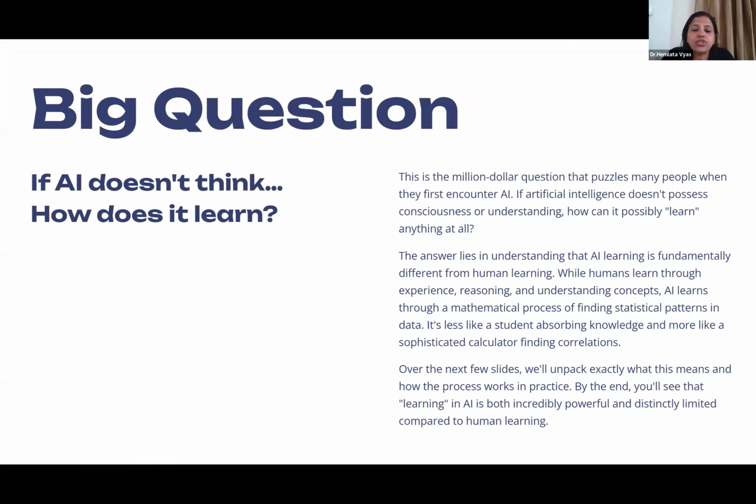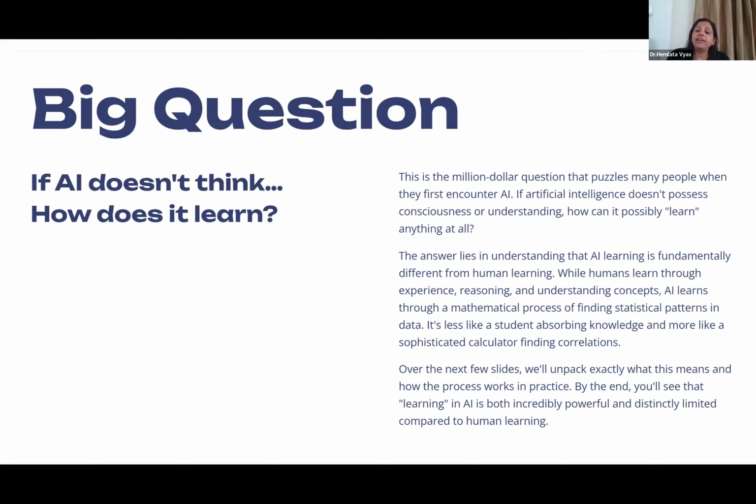Now the big question. As you all just answered, AI doesn't think. So how is it learning? That is important for us. Is it the same as the way human beings learn? Is it the same method? No. How do humans learn? They learn through experience, through reasoning, through understanding concepts.